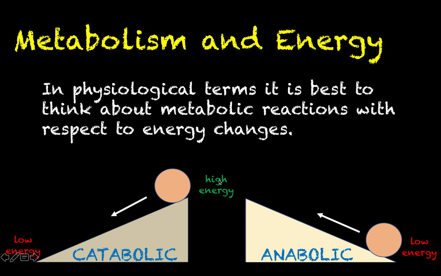As for anabolic reactions, your initial molecules are going to start in a low energy state, so to push them up towards a high energy state, you're going to have to provide them with that energy. So the cell is going to have to sacrifice some energy in order to get something done like that. So for anabolic reactions like synthesizing proteins or replicating DNA, those are costly activities and the cell will have to sacrifice energy, usually in the form of ATP, in order to get those things done.